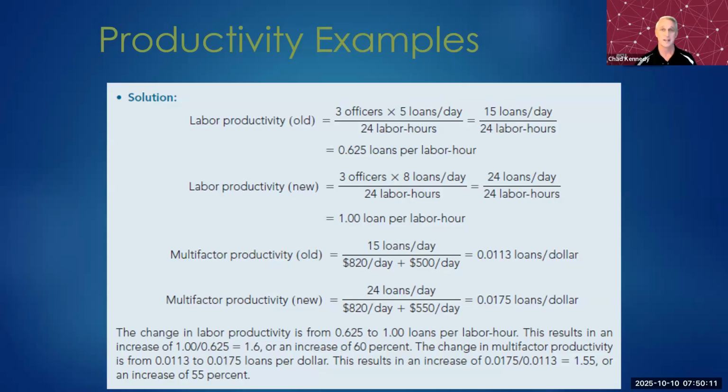It could be a decrease. And just a hint, if it's greater than 1, it's an increase. If it's less than 1, it's a decrease. So if it's a decrease, it's not a good idea. So we get a 1.55, greater than 1. Yay, sounds good. Increase 55%. Okay, not quite as good as the 60% we saw in the labor productivity, but this gives us a little bit better view from a cost standpoint of what we're going to see in dollars and cents.